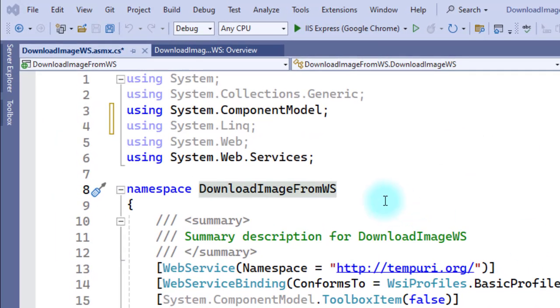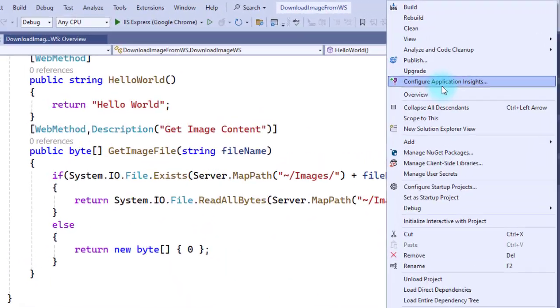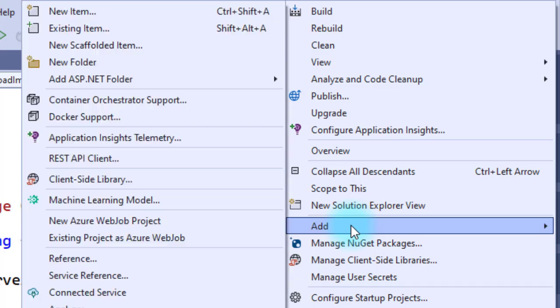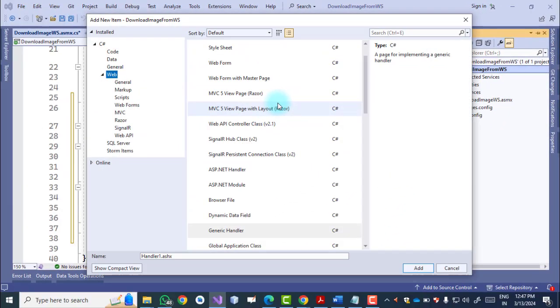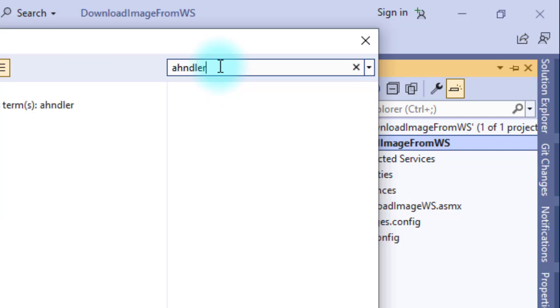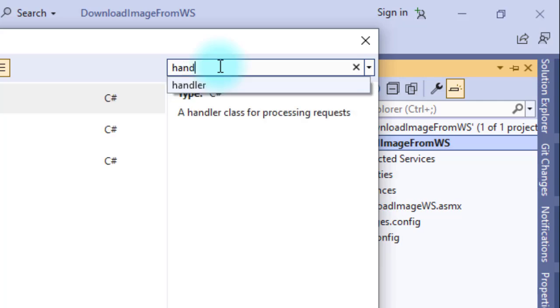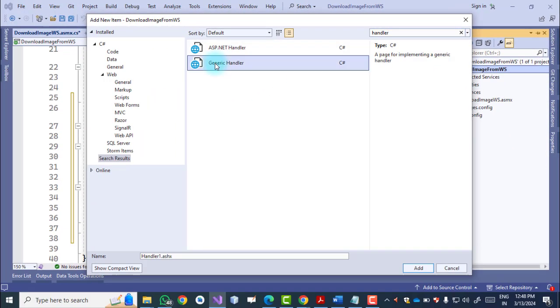The next step, we have to create a handler file. Just right click on this website, add new handler, and search here the handler. Here we will use a generic handler so that we can handle all types of documents, whether it is an image file or a specific document.